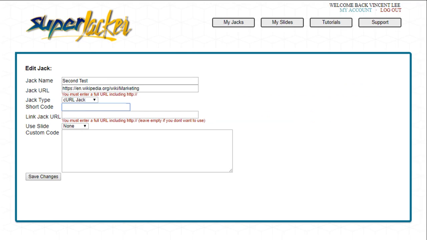Next it's going to ask me for a shortcode. Now this is the code that identifies this particular jack on the Superjacker delivery server. It's also going to be a part of the URL of your jack. So you should enter in a relevant shortcode to the site that you're jacking. Now I'm jacking a Wikipedia article on marketing, so I'm going to just enter Great Marketing